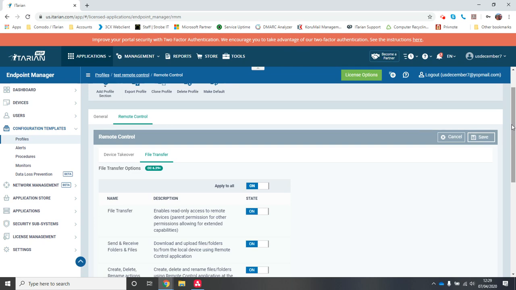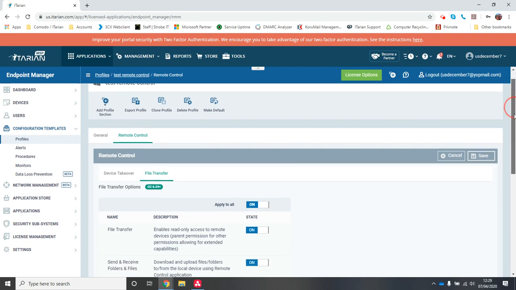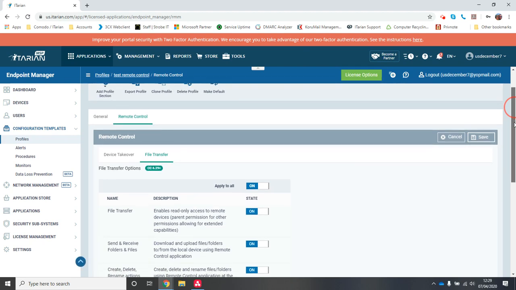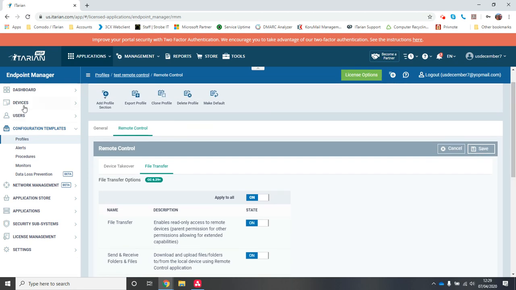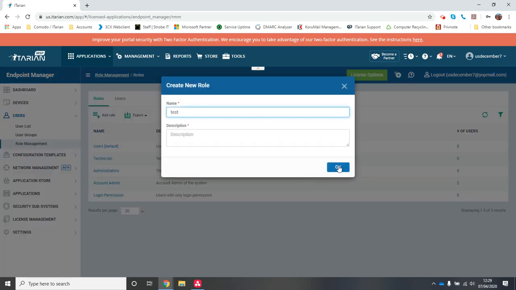Now, something you can do as well that we won't cover too much in this article is remote control for your clients. This is very good for allowing remote access to their computers when they're away from the office and things like that. There are some guides on Komodo's website and ITarian's website, and we will look at posting these probably in another video, because there's quite a bit to cover. Just a very brief overview: you've got role management here. So if we just go to add a test role, for instance,